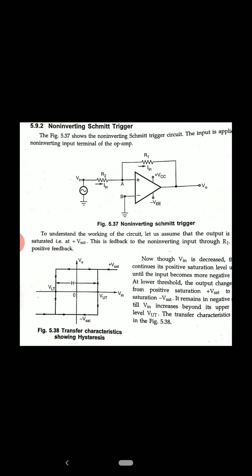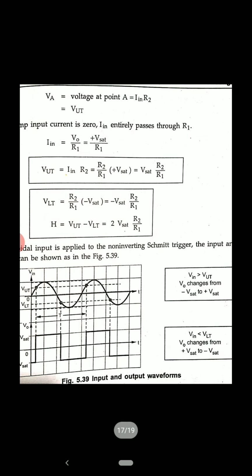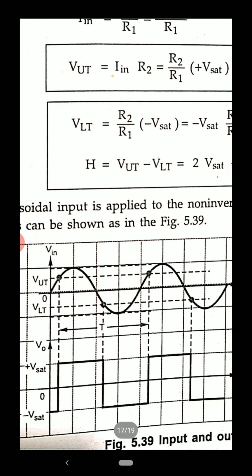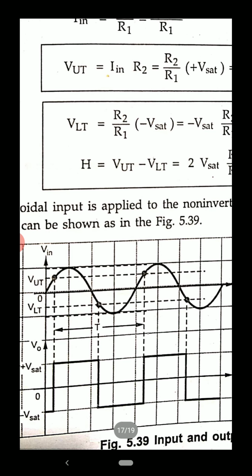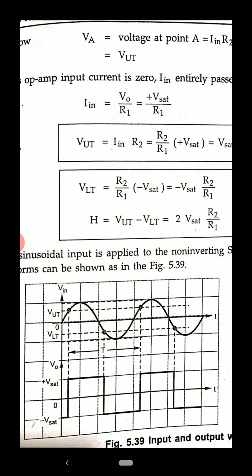Like this it will work. This diagram is the input output waveform diagram for the non-inverting type of Schmitt trigger, which is exactly opposite to the inverting type of Schmitt trigger. You draw this, and now